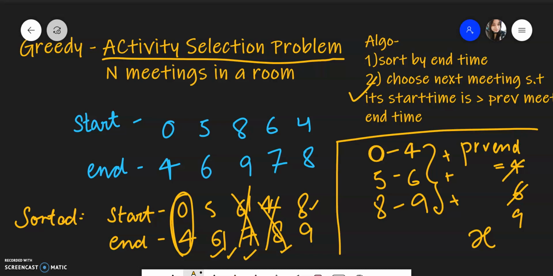Basically, to recognize this kind of problem, you should have start and end values of some particular thing, and the question should ask you to find the maximum number of tasks to be completed or the maximum number of things to be done, something like that. So you can see the variations of these questions. This is a pretty standard problem. Now let's go to the code and see how we can execute these two steps.